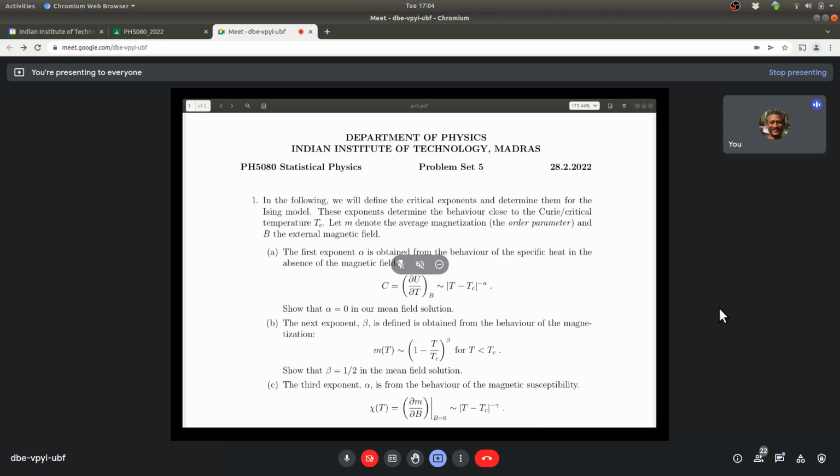So good afternoon, and today in tutorial 5 we'll be discussing problem set 5. At some level I would say that most of this content will usually be discussed in much more detail in a second course in statistical physics, or if you do condensed matter physics, depending on your teacher. That teacher might do this. But we are pretty close to understanding at least a few ideas, and so this is meant to